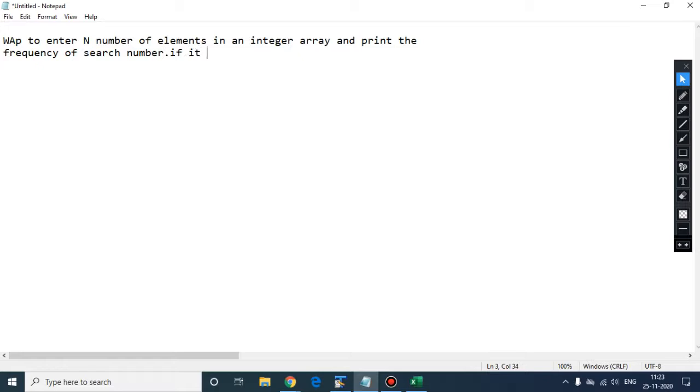If it is not found, then print appropriate message using parameterized constructor. Any question, any doubt, everyone?